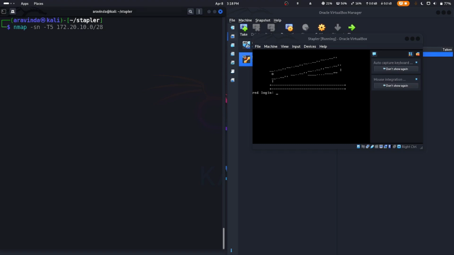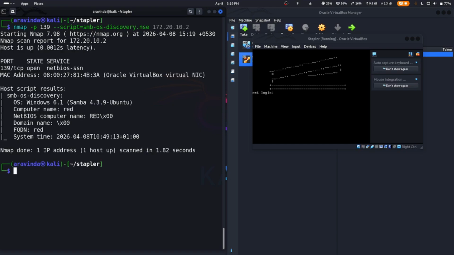So now what we do is we go to nmap and we run smb-os-discovery.nse. We run that particular script to discover the SMB version as well as the OS version of the particular Windows machine which is installed. And we find Windows 6.1, which might be vulnerable to any of the pre-existing exploits. So we copy this